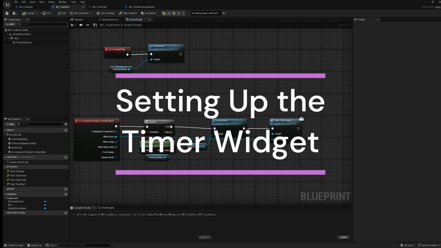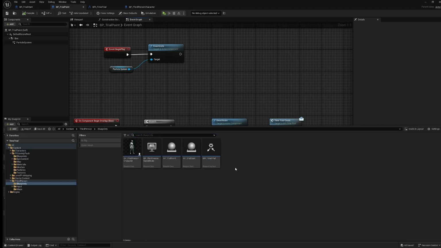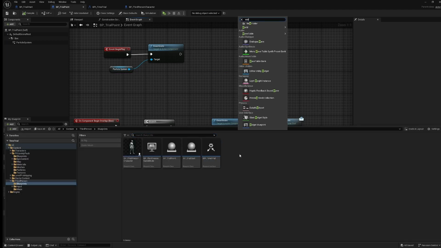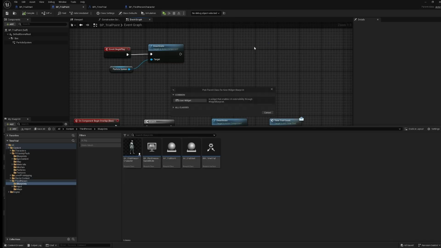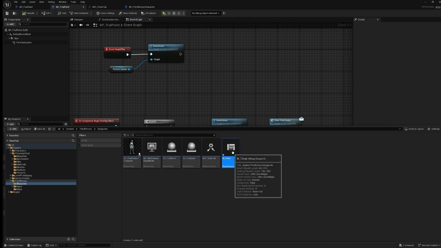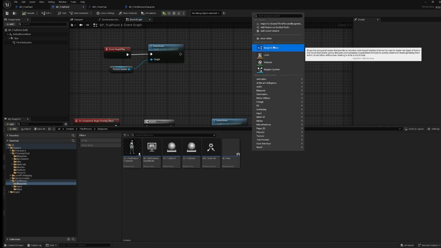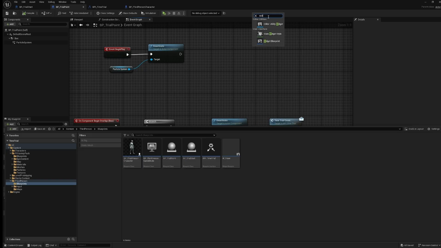So before we move on to the next steps, we need to actually incorporate a timer. So we're going to open up the content drawer, and we are going to add a widget blueprint. And we're going to call this W_timer. And all of our functions of our widget is going to be put in the timer, and that's going to be displayed in text on our character's screen. If you don't already have another widget for your heads-up display, we'll do the same, just creating a new one, and we'll call it